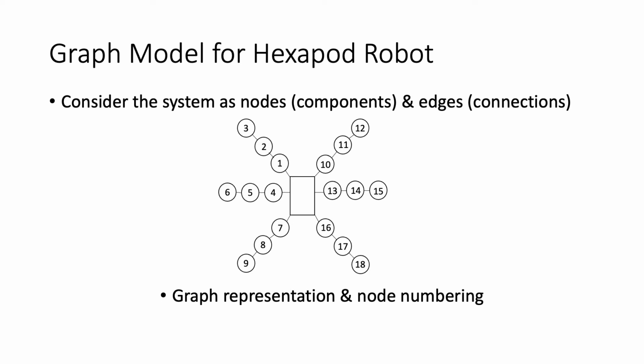So I will introduce a graph model of a hexapod robot that consists of the body in the middle and the 18 nodes that are numbered as follows. So why do we consider a graph model? In order to model the locked joint failure, graph models can represent complex systems with simple structural information such as the nodes and the interconnecting edges,